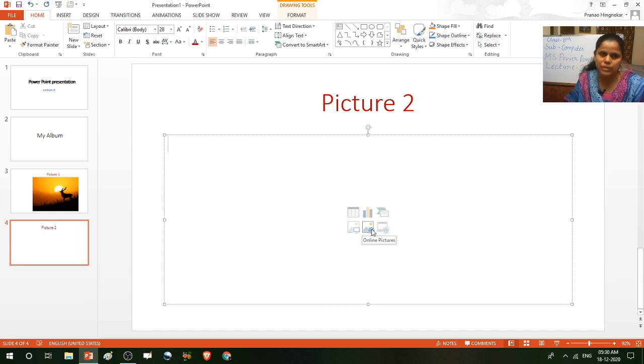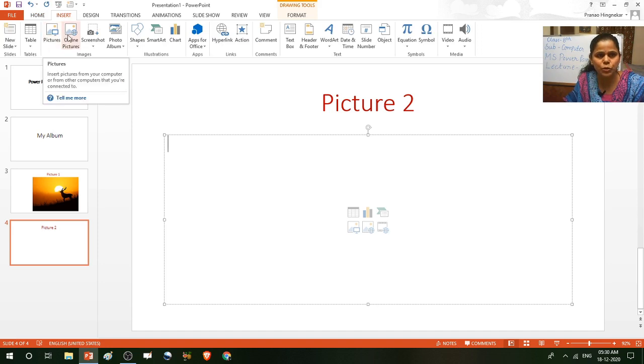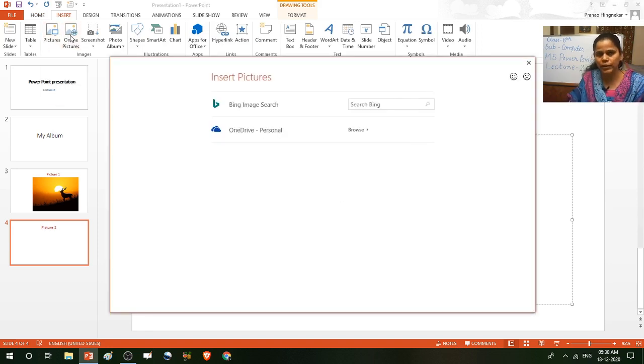Then second option is to click on the insert tab. Okay, on the ribbon there are different tabs, so click on the insert tab, and here is one option, online picture. Then click on the online picture option. Then the insert picture box will be displayed.